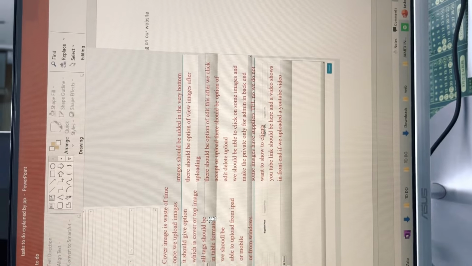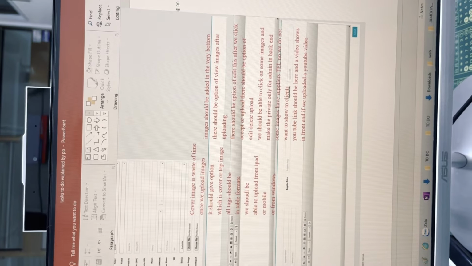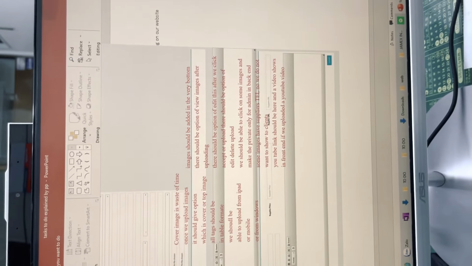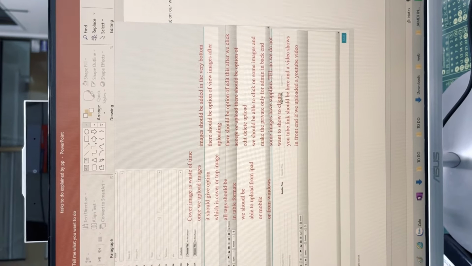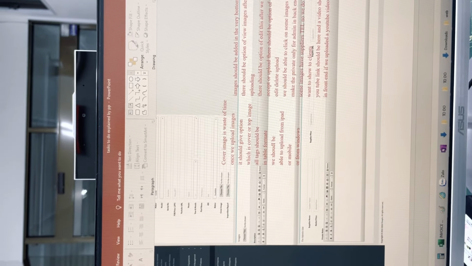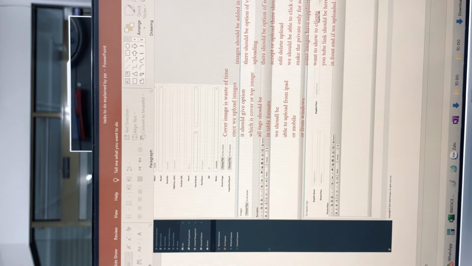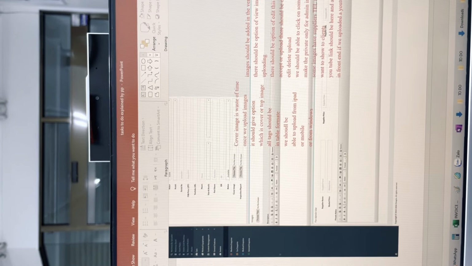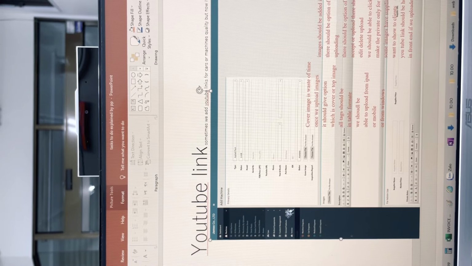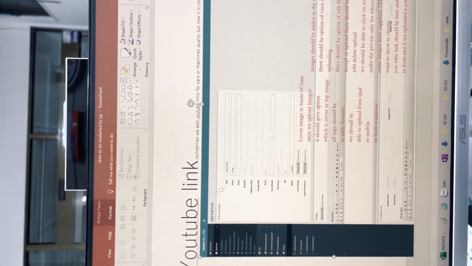Then this is some explanation of how uploading should be efficient and in one page, and why it's troublesome sometimes. Anyway, if you read it, you will know. And please make it better for uploading to save time, because first he enters information here, then here, then here, then enters photos. Photos should be at the end, and it should give options like upload, edit, or preview, something like that. YouTube link is not working.